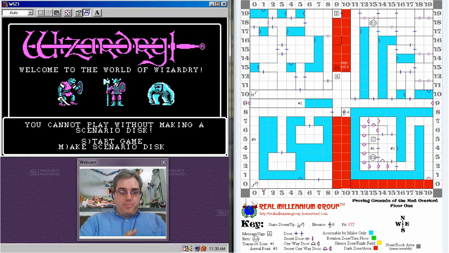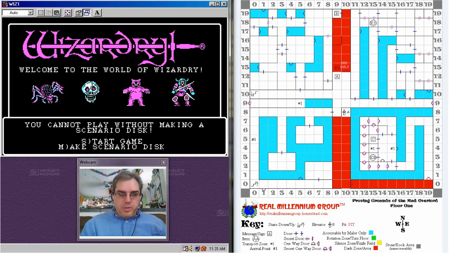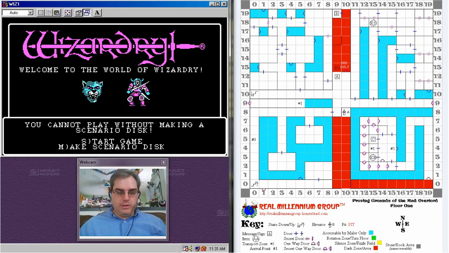It got me out of my pencil and paper D&D phase when I went over to a buddy's house back in the early 80s to check out his new fabulous personal computer. And one of the programs he had gotten along with it was, wow, a computer game. And here it is, Wizardry.